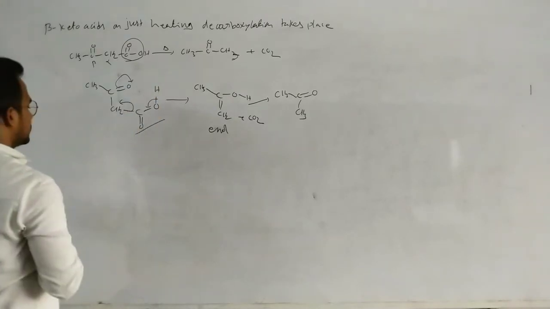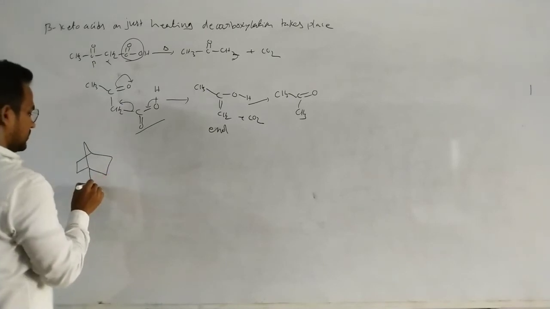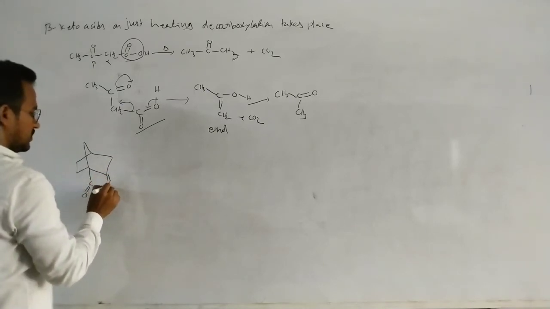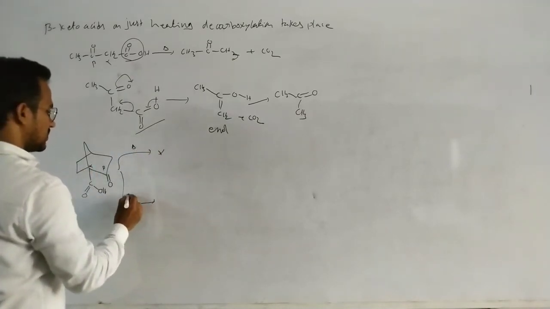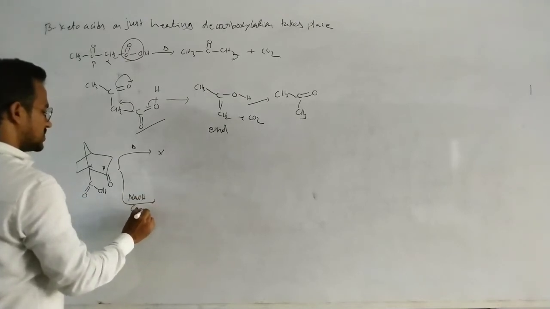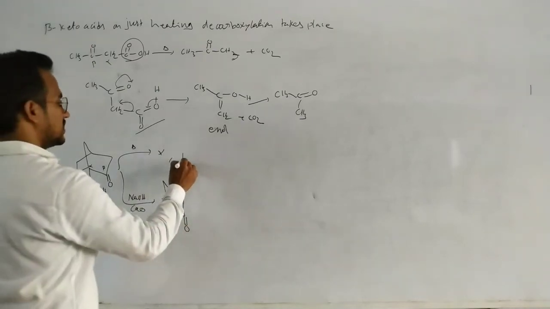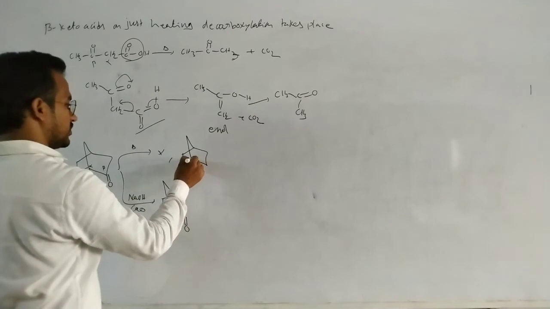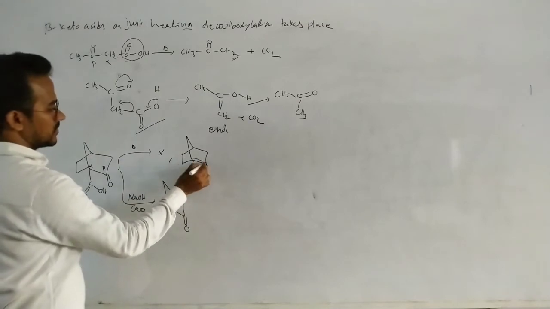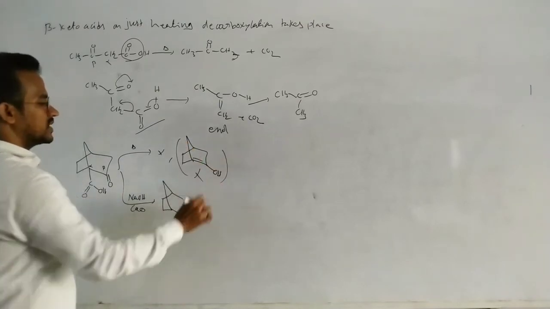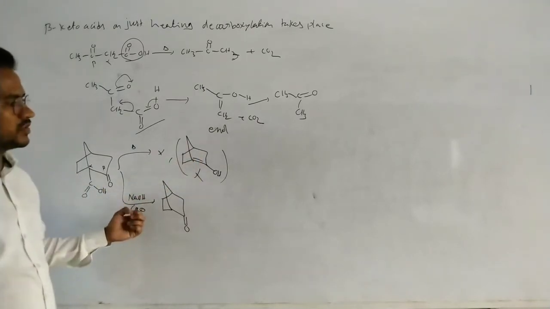Okay, now here this is a beta keto acid. The alpha carbon, the beta carbon. This one, just heating, no decarboxylation. But here, this one, heating with NaOH and CaO, decarboxylation takes place. Because in this case, that enol is not produced. Okay, enol is not produced. Because here the sp2 carbon at the beta position does not exist. That's why this beta keto acid on heating gives no reaction.